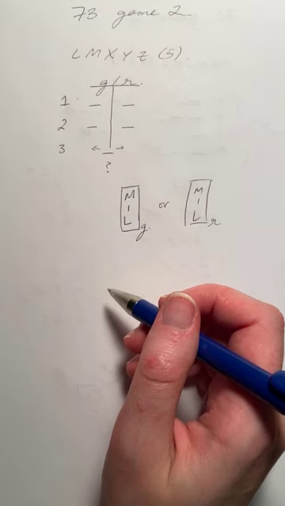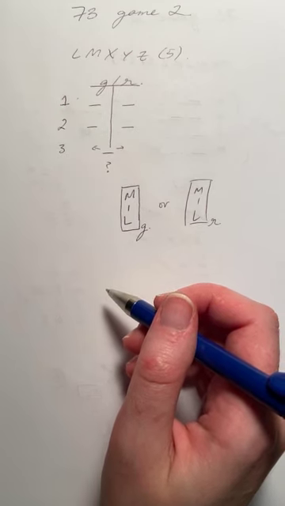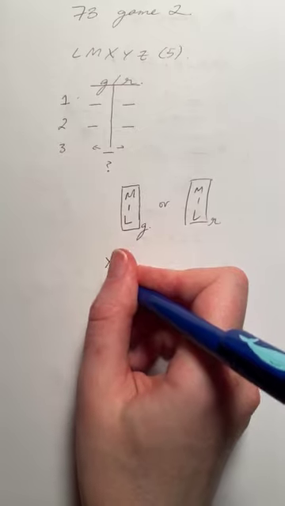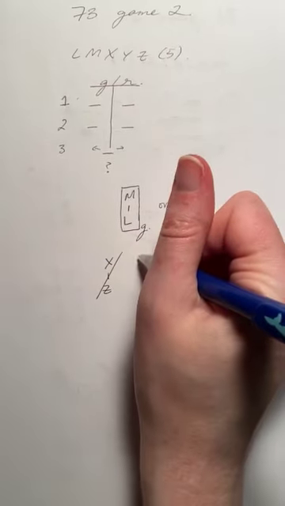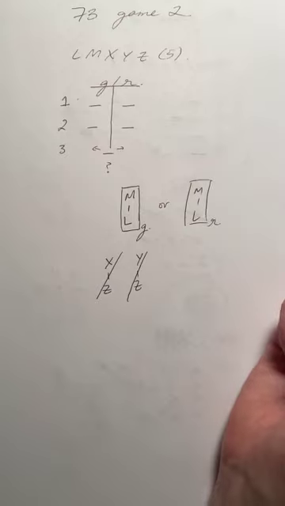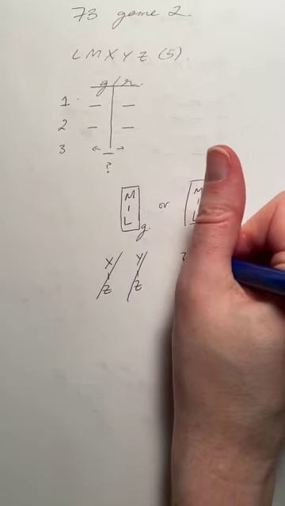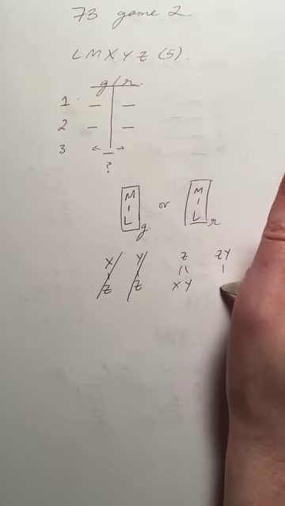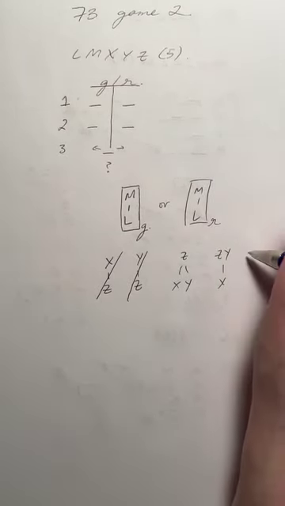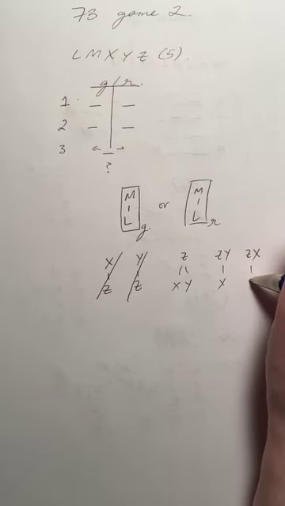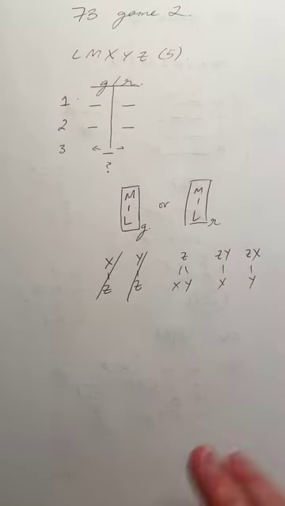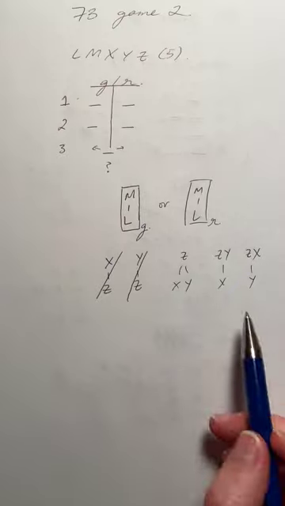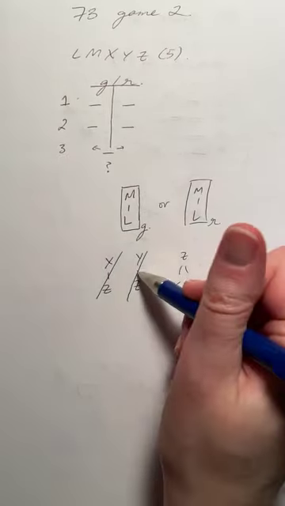Neither X's speech nor Y's speech can be earlier than Z's. Okay, so X can't be earlier than Z and Y can't be earlier than Z. So what does that leave us with? Well, we could have Z earlier than both of them. We could have Z at the same time as Y and earlier than X. We could have X at the same time as Z and earlier than Y. And I say Z because I'm Canadian rather than Z, which is the American pronunciation. Okay, so these are our options that are acceptable